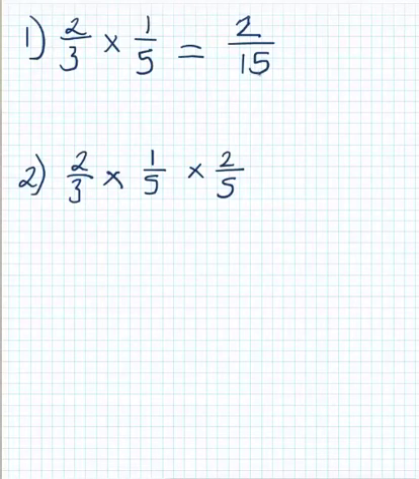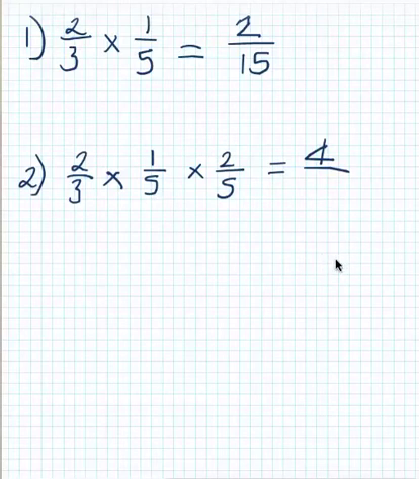All right, question 2, we are multiplying 3 fractions, but we do the exact same thing. Okay, I can see that I can't simplify anything. I have a 2 on top. Do I have an even number anywhere on the bottom? No, I don't. So I can't simplify anything, so I do the same thing, and that is now multiply the top numbers. 2 times 1 is 2, and 2 times 2 is 4, over, and then 3 times 5 is 15, and 15 times 5